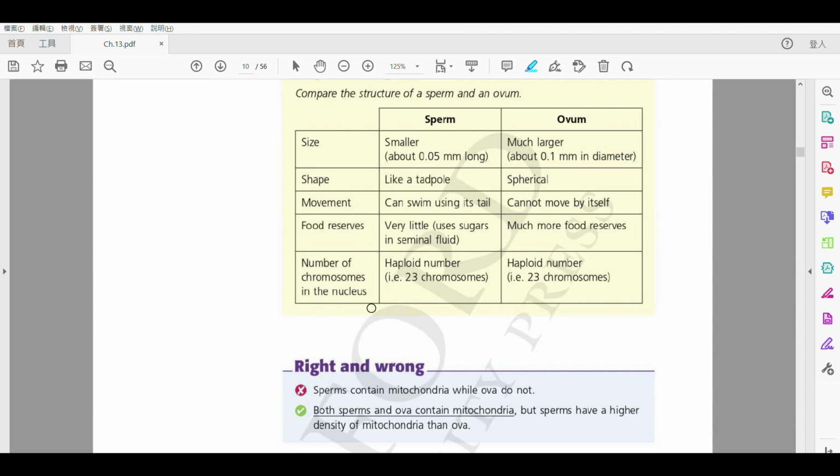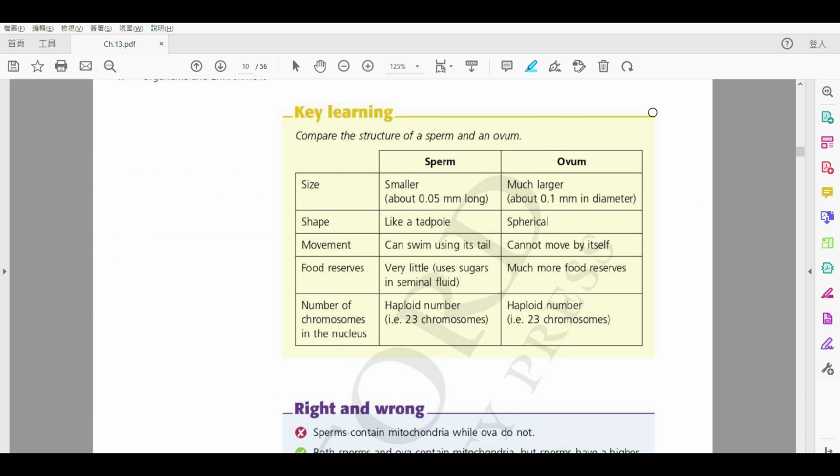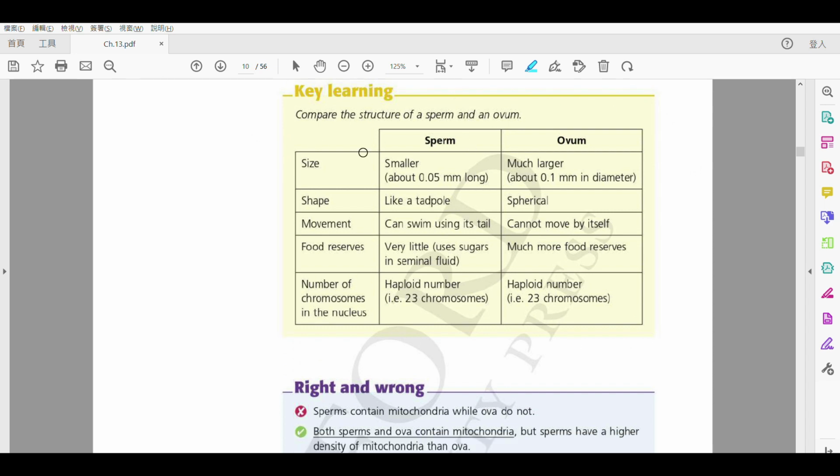Okay? 好啦 as you can see here, so really 好少啦。I will talk about this yellow area 得唔得？通常係一個 summary 嚟㗎啦。But remember, this one is for you to compare. Okay? 係去比較嘅。Okay? So there is a size difference. One of them is smaller and the other one, the ovum, is larger. 佢哋 shape 會 different 啦，tadpole, spherical 啦。佢哋嘅 movement，例如我哋會知道 sperm can move，OK，但 ovum can it move？Cannot move by itself 啦。溫一溫書咯